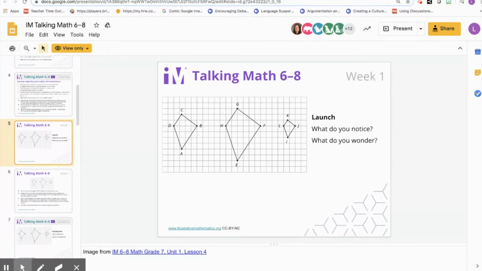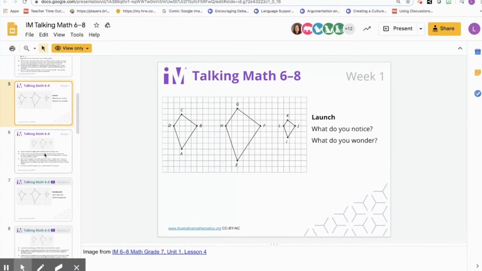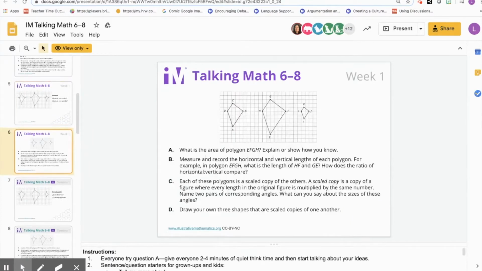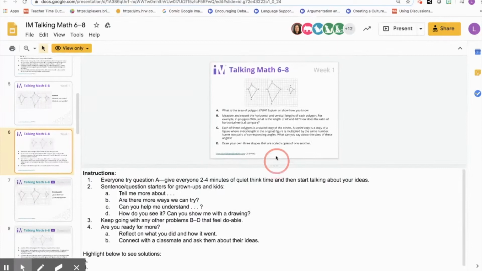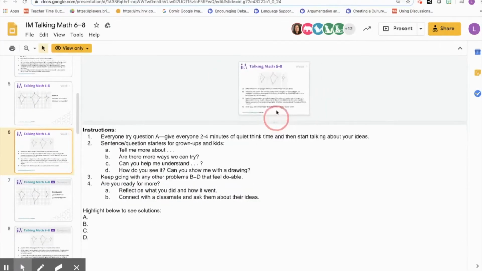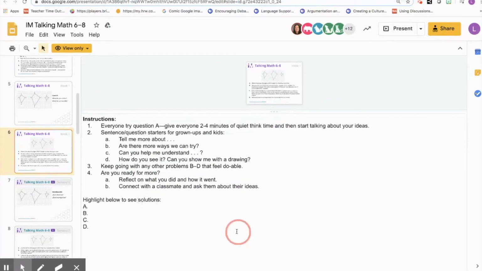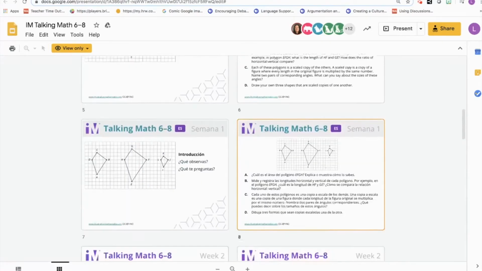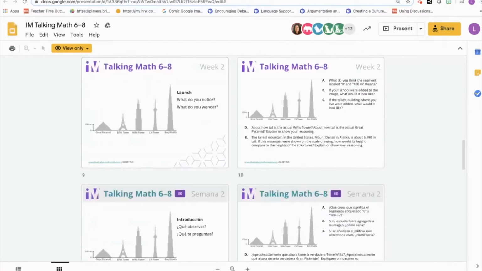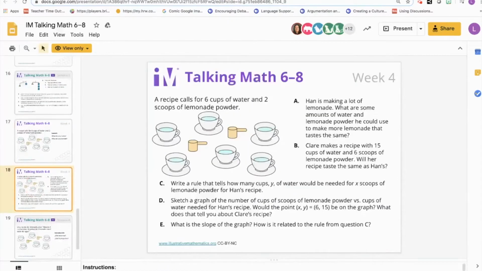Here you'll find a launch question with an interesting image to support mathematical thinking and ideas, and then another slide with various questions that you could use to support further discussion around that image. You'll also find some additional supports in the notes section. Highlight below to see the solutions. These are available in both English and Spanish,